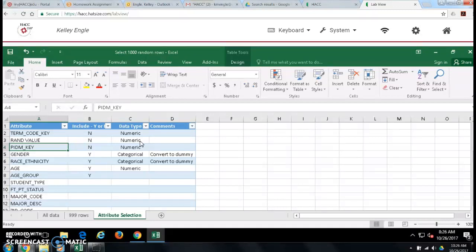That's actually meaningless. And then on top of that, gender, I'm going to include, but it's categorical data, so I'm going to convert it to a dummy variable. Race, ethnicity, I'm going to include, but that's categorical, I need to convert it. Age is numeric, I'm going to include that. And then age group is a grouping, and I'm going to include this, but I want to talk a little bit